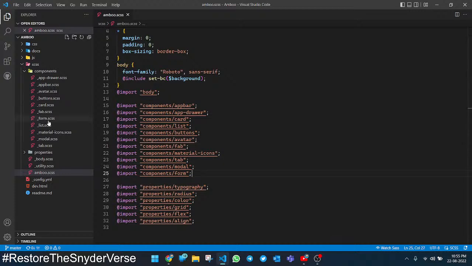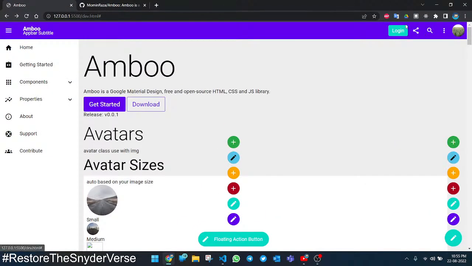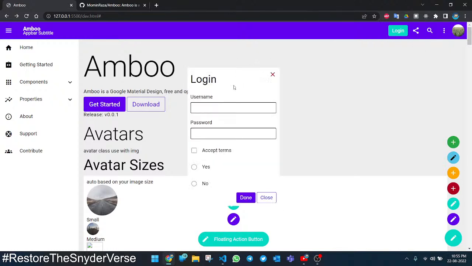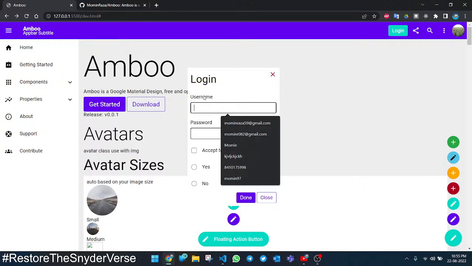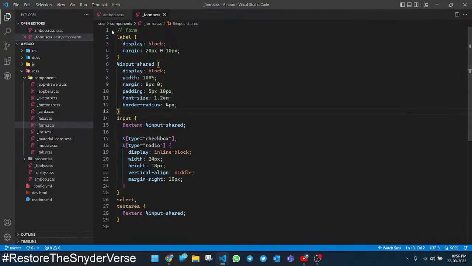Did I do anything in form? Okay, I have something in form. I was not seeing this login. Here it is. I already created something, added some CSS in the form, like the width 100%. So what I did in here is the 100% width part,